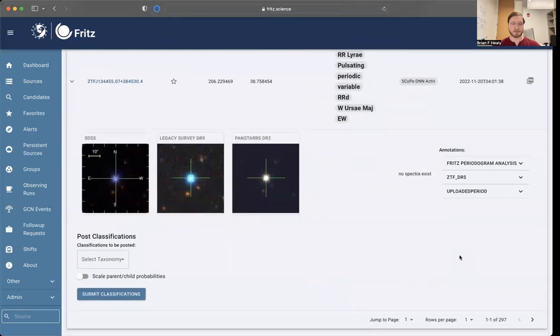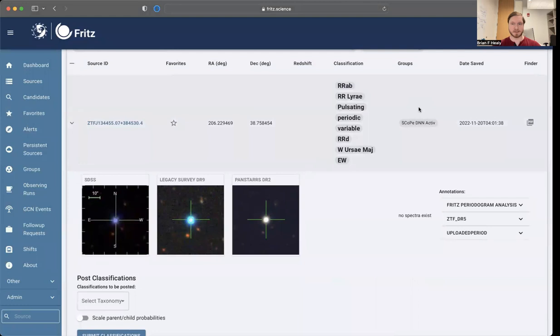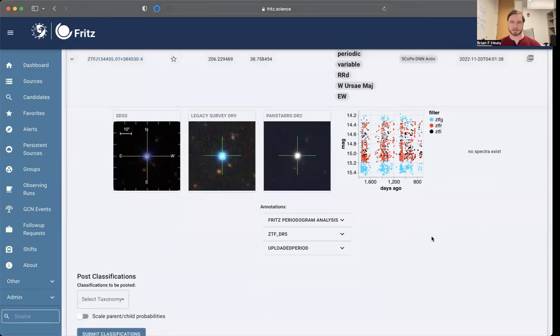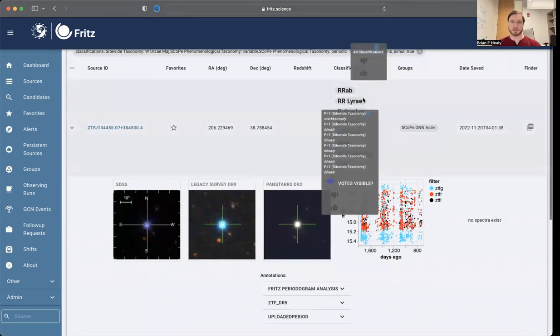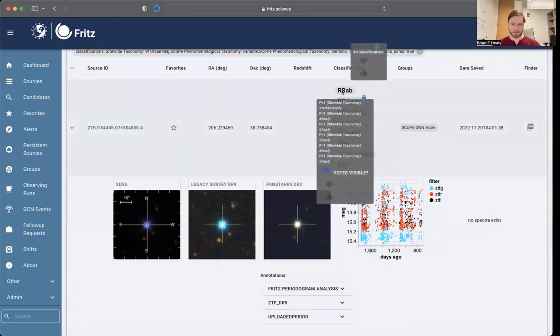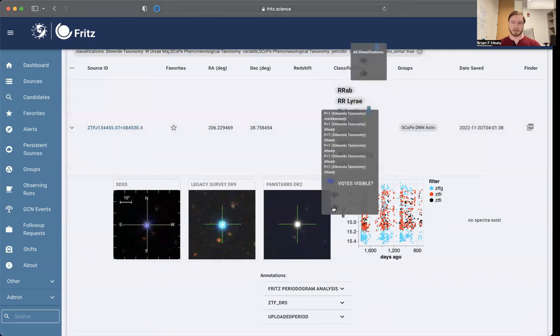What I'm seeing in the light curve, and it'll come up here again very shortly, is that this source has been classified either as an RR Lyrae or a W. Ursae majoris, and it was looking like in the phase folded data that it was more of an RR Lyrae type. I'm not sure exactly what type though, so I'm going to leave the RRAB without a vote either way. I'm going to vote up RR Lyrae,